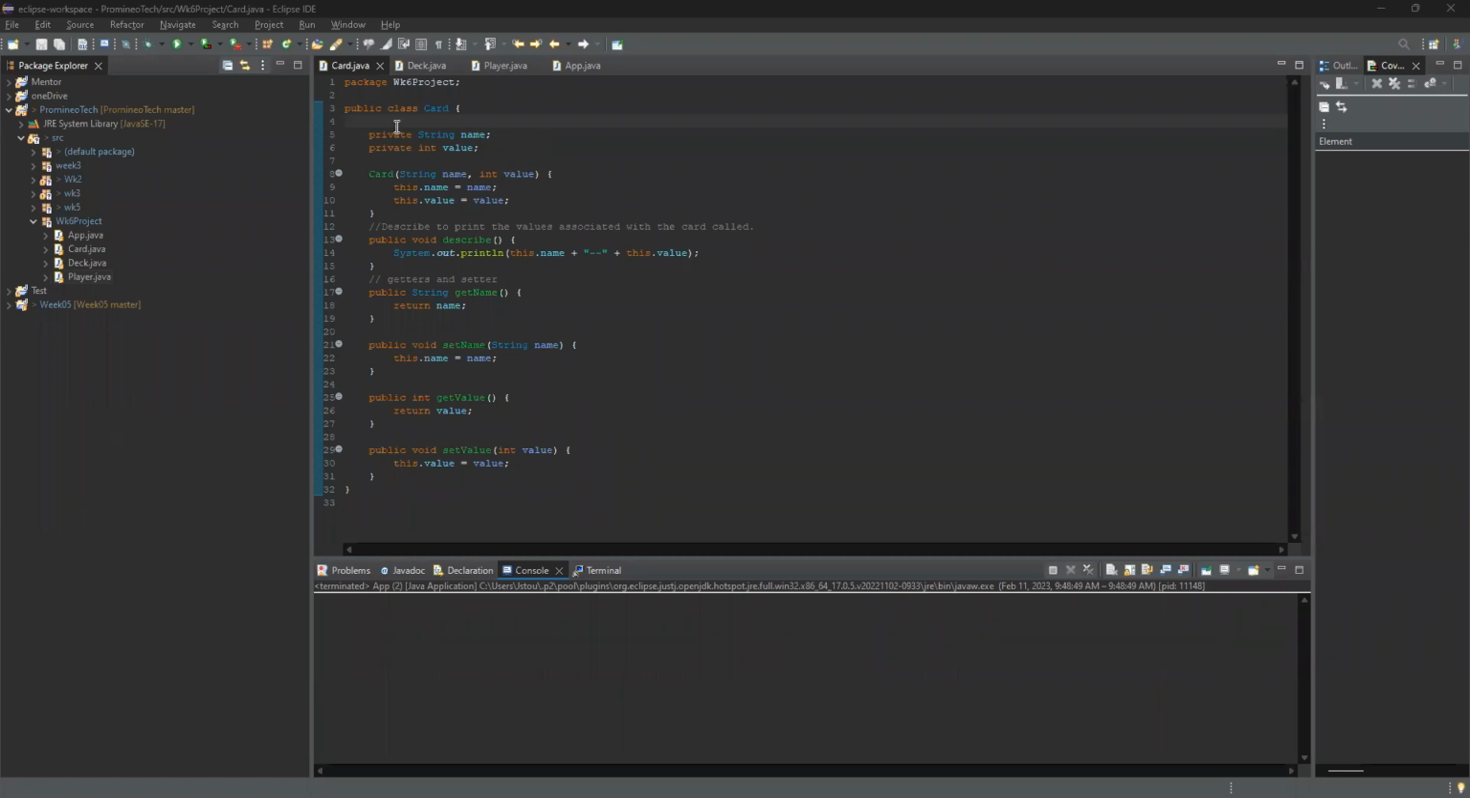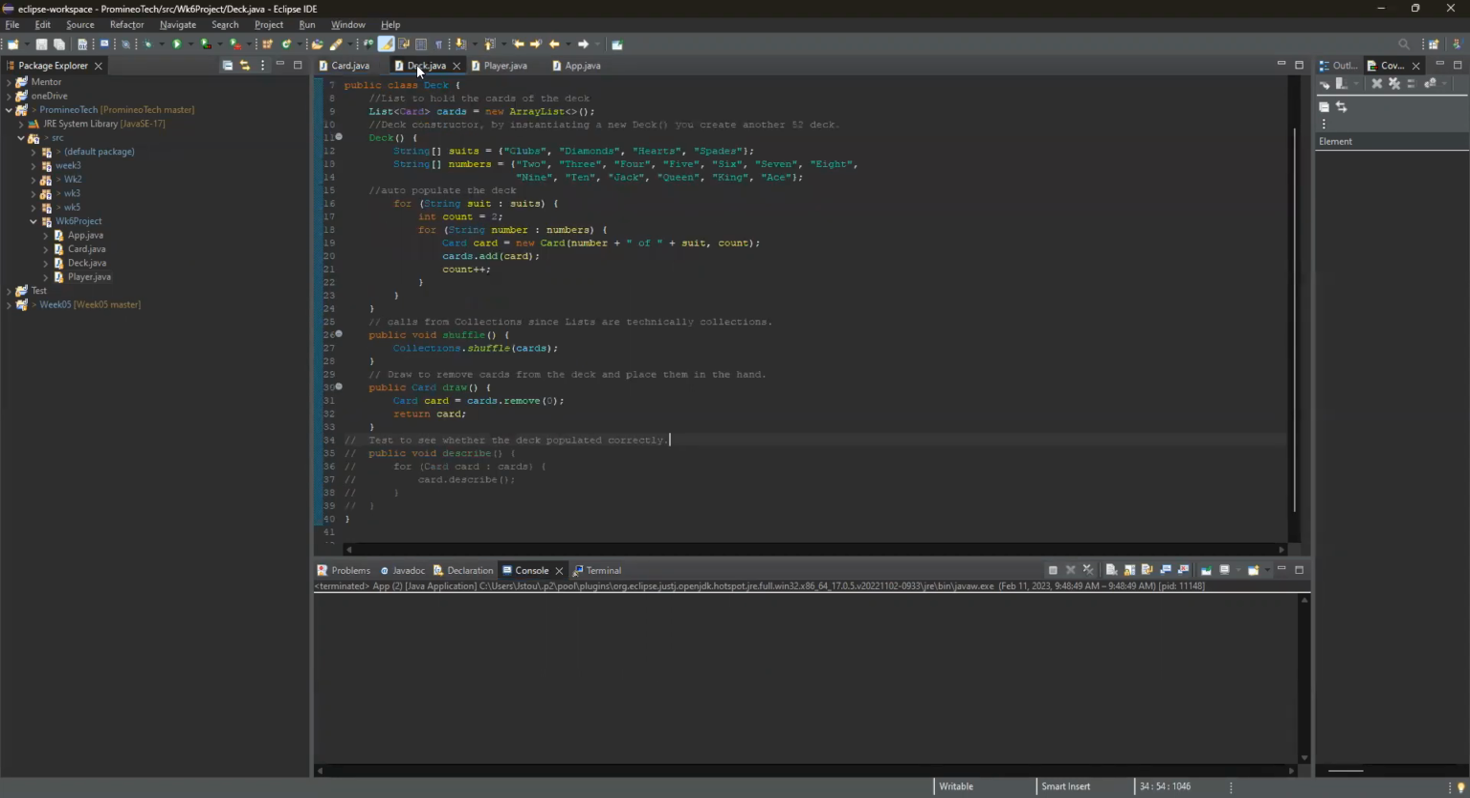As you can see here, I've got my fields that I'm instantiating, the constructor that I'm going to end up using. A couple notes here. The describe is just going to print the values associated with the card called. And then here are my getters and setters, which I'm slightly confused about since I didn't end up using all of them. But anyways,